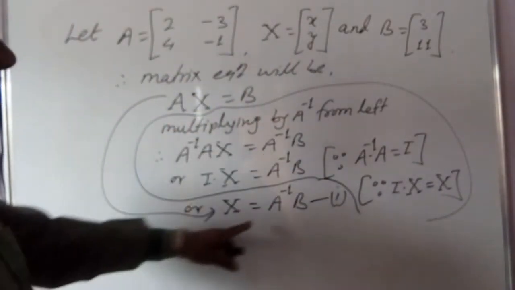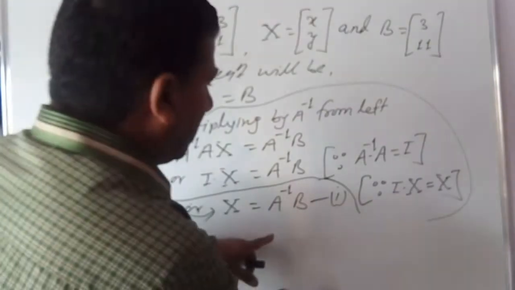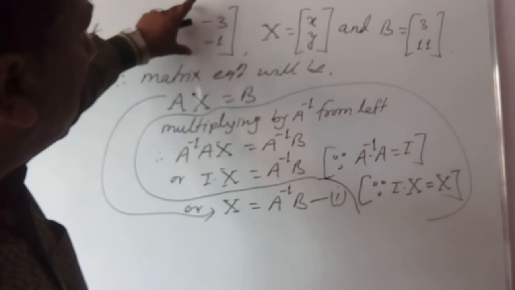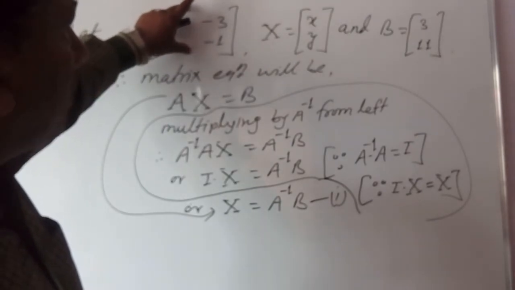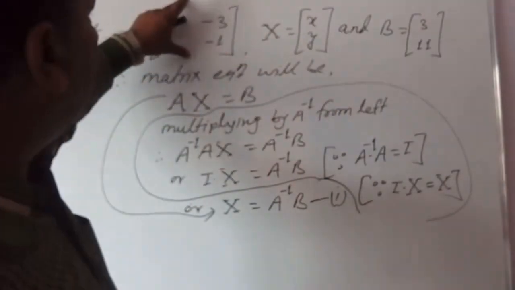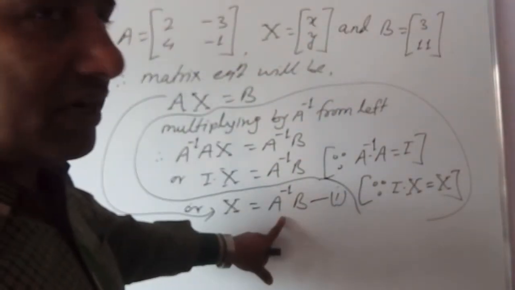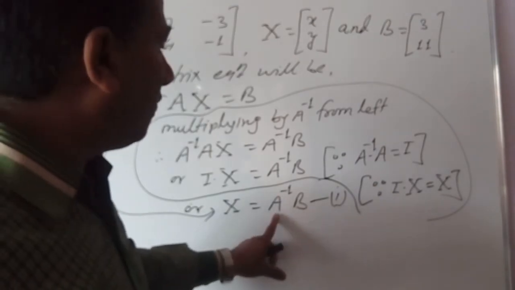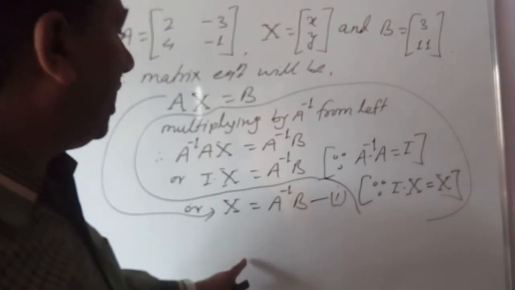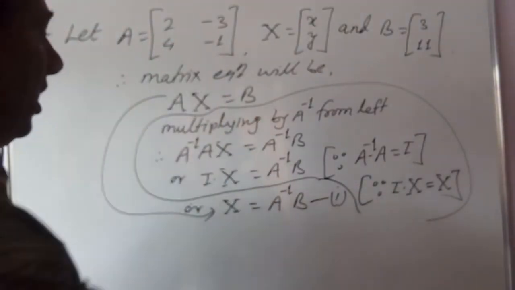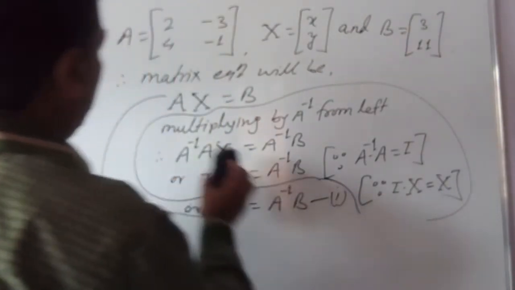Now see here, in our equation 1, what is there? A inverse B. Now we have to find the inverse of this A, and there is matrix B. B is already here. Find the inverse of A and multiply with B. Multiplying the inverse of A and B, you will get the values of X and Y. At last you can equate. I'll find the inverse of A.